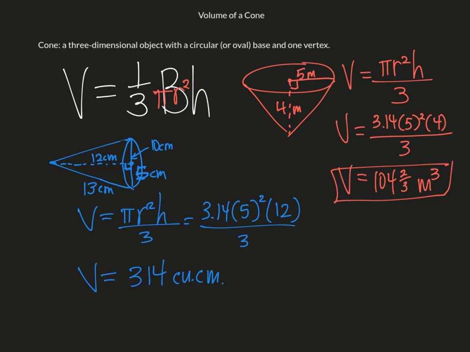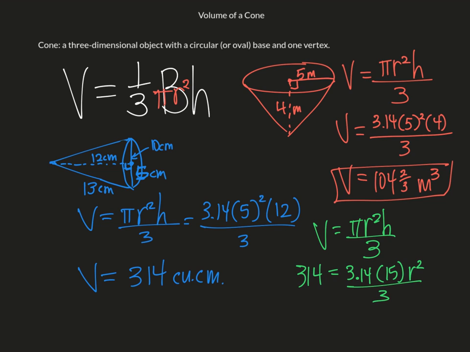So something else I'd like to do is, what if we wanted to keep this same volume, 314, but I wanted a cone that was 15 centimeters tall? What would the radius need to be? So now I've got volume, pi r squared h divided by 3. But now I know the volume. It's 314. Pi, we're going to use 3.14. The radius I don't know, so I'm going to leave it as r squared. The height this time is 15